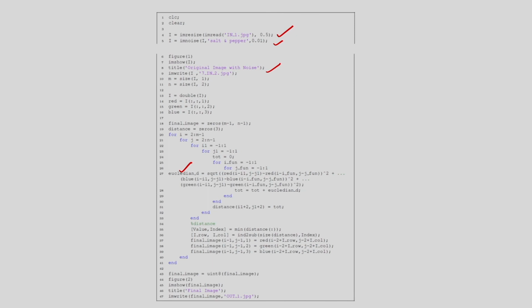You can see the distances in terms of the RGB value, R minus R, G minus G, B minus B, like this. So I am finding the distance in terms of RGB value, and I have to find the minimum distance, and based on this I can find the median value. After this I can display the output image, in which the salt and pepper noise has been removed. So this is the program for the vector median filter.